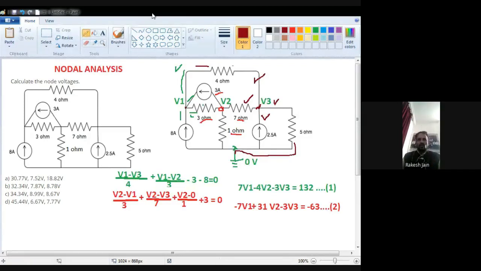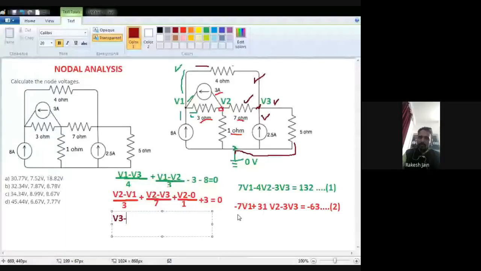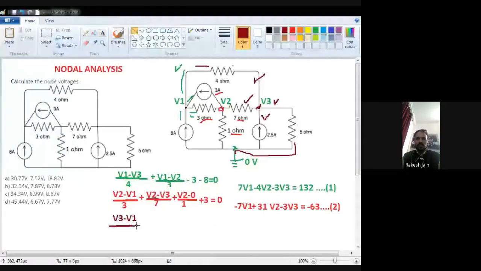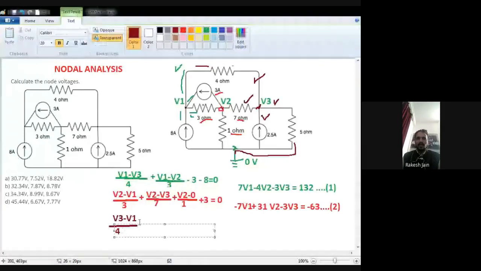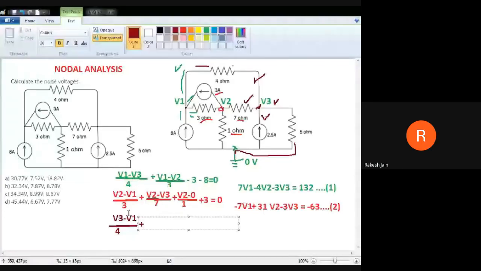So I have to write down with negative sign. Okay. So first of all I will write down for the 4 ohm resistance, my node voltage is V3, another point of 4 ohm resistance is connected with the another node voltage V1, so I will write down with negative sign because my node voltage here is V3. So V3 minus V1 divided by 4, okay, then plus